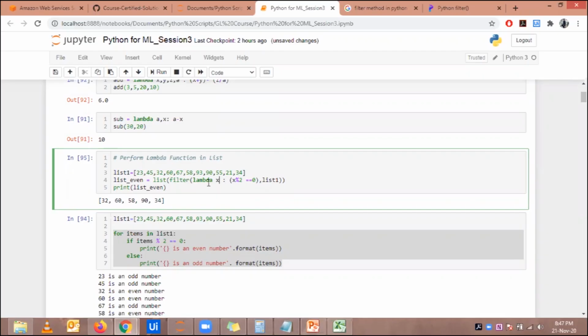It will now go, lambda will reversely call filter, because this is the function. Now filter will tell, okay, you have x, go and apply it on list1. So it takes the first value 23 and divides it with the logic. And once the output for x is true, it will save it in list underscore even, which is 32. But for 45, this condition failed. So it did not save it into the list object, where list even does not have the 45 value.